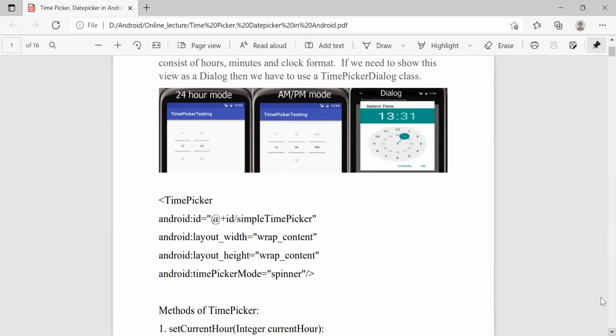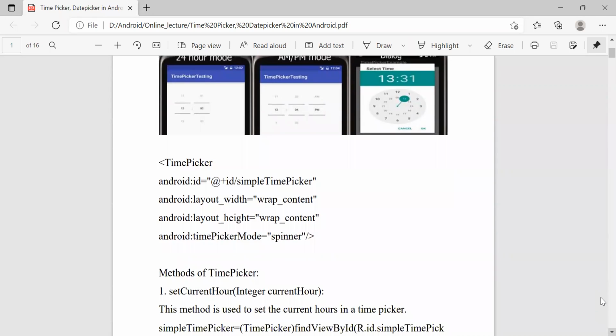So the XML code for time picker is as follows. As we know, in XML, the user defined controls are there. The time picker is a user defined control, and in that we first set its ID, simple time picker. Then the default width and height we set, that is wrap content.